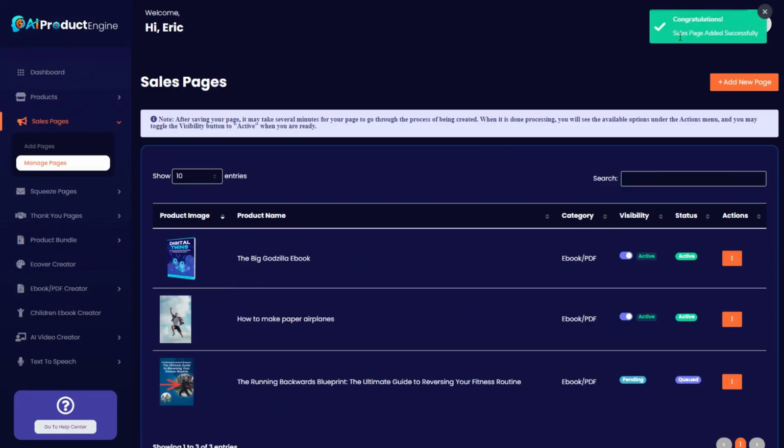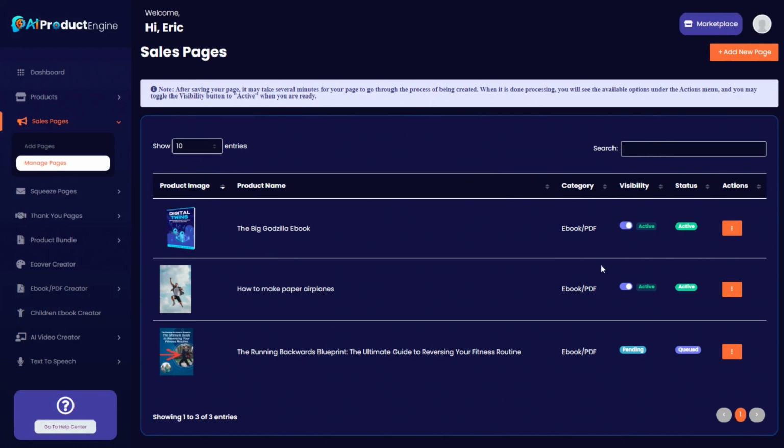Now, after doing that, it says sales page added successfully, but it will take several minutes for that sales page to actually generate because the AI is going to work. It is going through the information that you just entered and creating a unique sales page for this product. You'll see that for a little bit, it'll say pending, and the status is queued. I'm going to go ahead and just pause this for a couple of minutes, and then we will refresh the